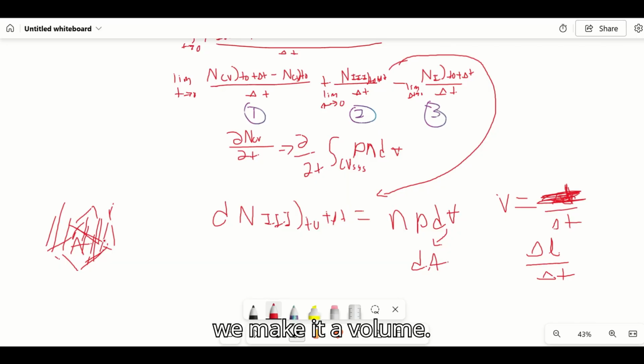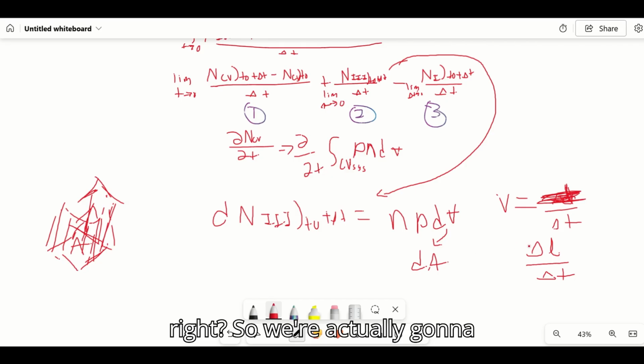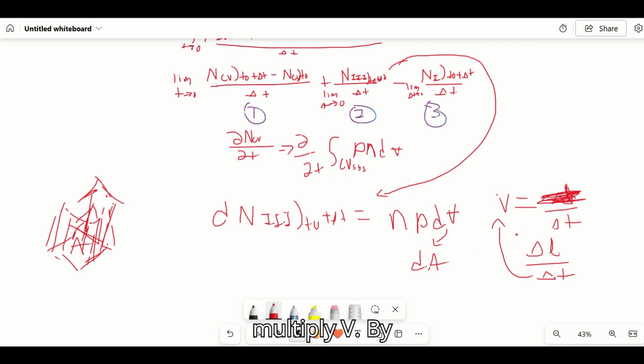That's how we make it a volume. That's how we extrude it, right? So we're actually going to multiply V by T, okay? And that's going to give us this length, right? But before we do that,